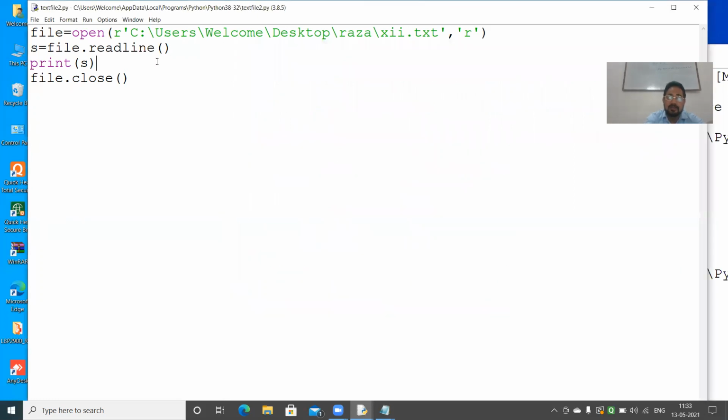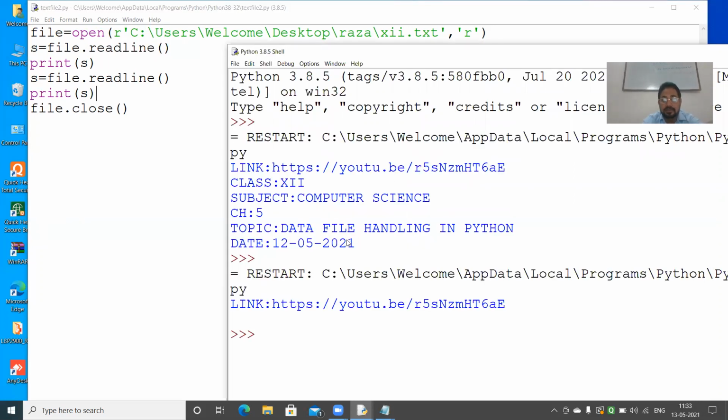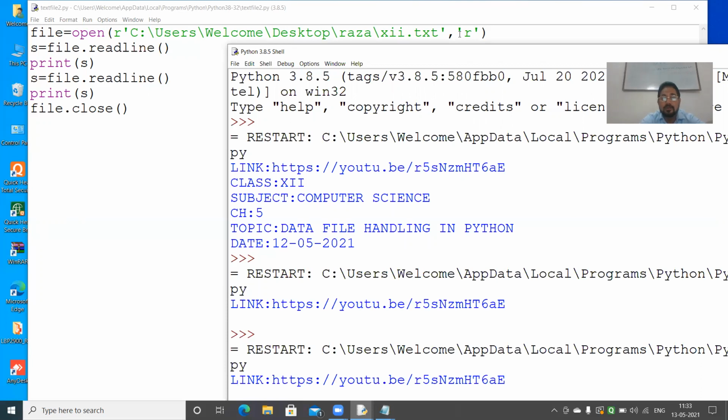Suppose I have to read another line. So again I have to give s = file.readline() and then again you print this. Run. And see the effect of it. The two lines are read.